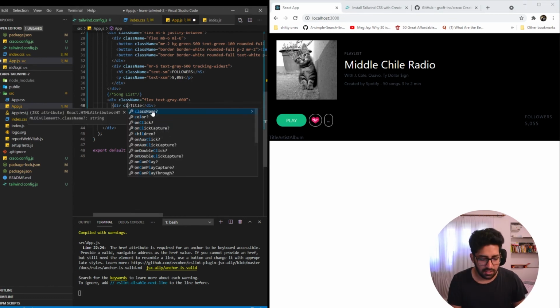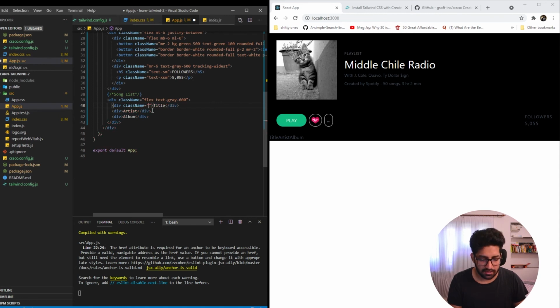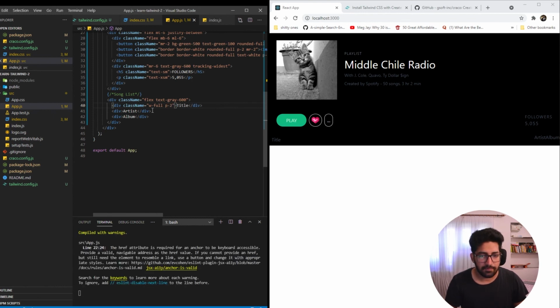Right now they are pretty much stuck together, so we need to change that. Basically we'll add a few classes. We'll make the width full so that it takes the full space available to it, and add a p2, which gives a padding. These three classes are going to go for all three. Now it's pretty much evenly centered. We'll add a little extra margin on this side just to push it a little more to the right. Then we're done. We look okay with this part.